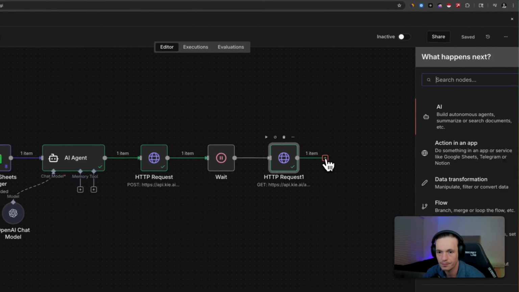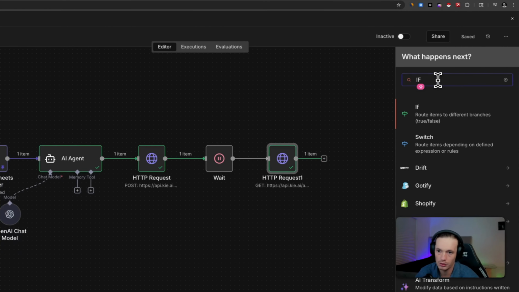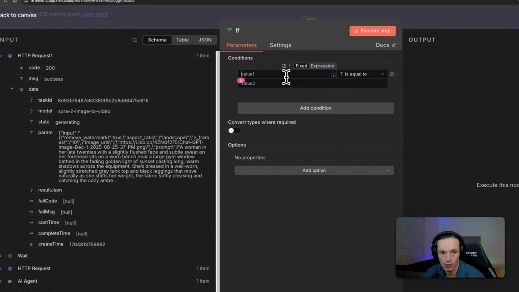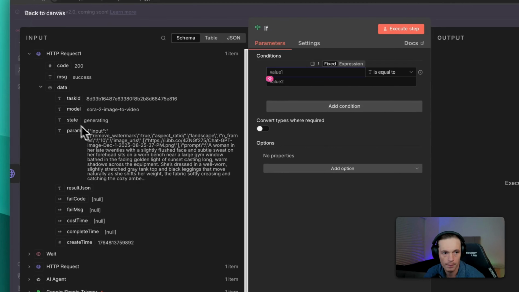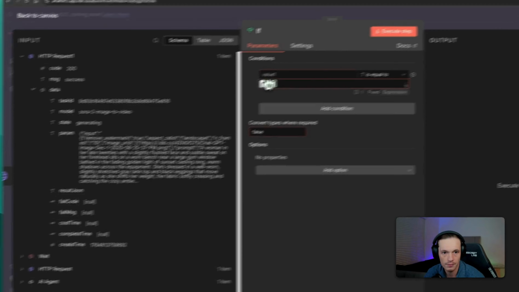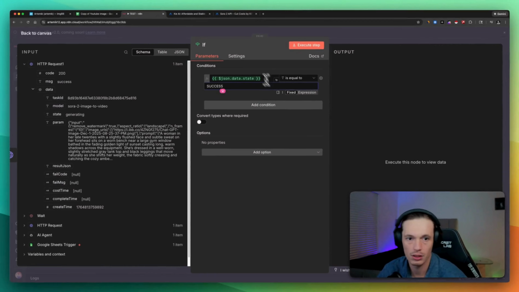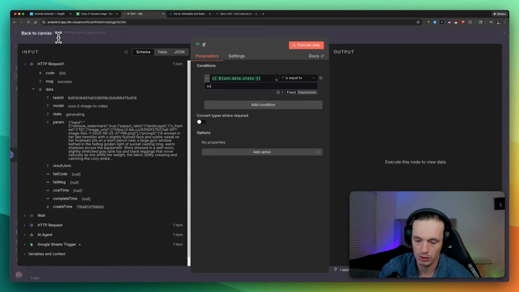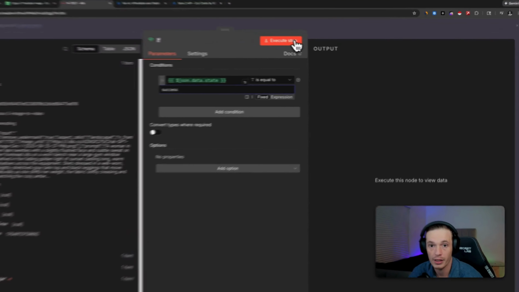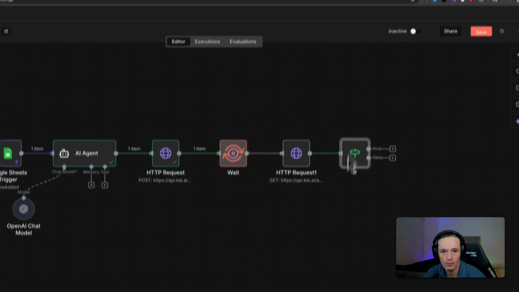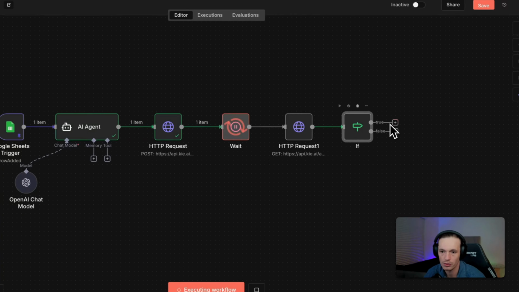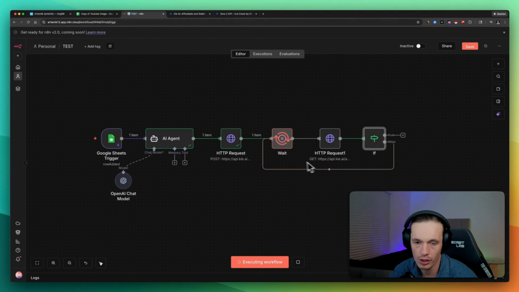We'll have to create an if node right here. Basically we will ask the system if state is equal to success, then it will go to true. If it's false, it will check again, and basically it will run around